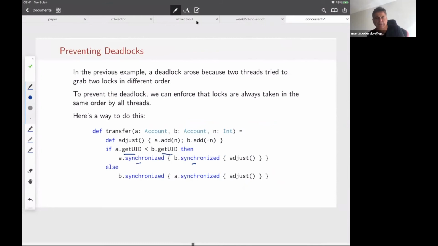That way, both John and Jane will grab the two locks in the same order, and we won't have a problem because somebody gets to grab the first lock, the A lock, and that process will then always find the B lock free. So it can do its thing, terminate, release the locks, and then the other can grab them.